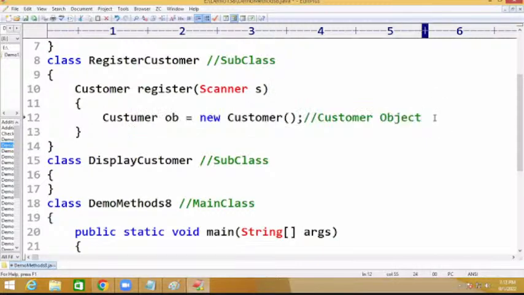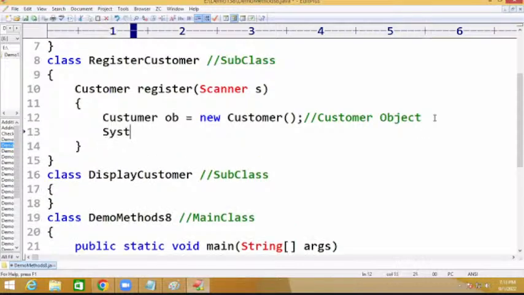Customer object created means one memory created for customer. Their ID, name, and instance members are available. One scanner object is there which is connected to the keyboard. Using that scanner object, you have to take the data and load it onto this customer object. For that, I am asking